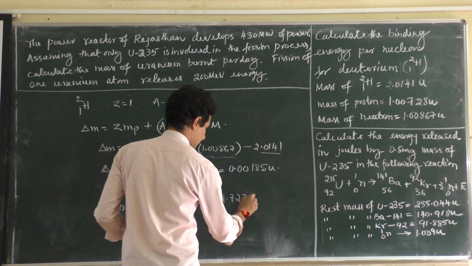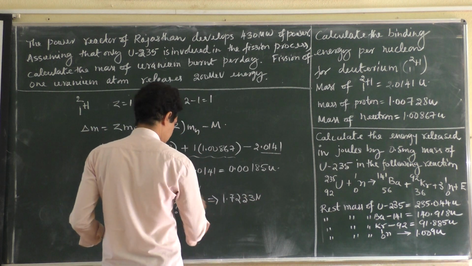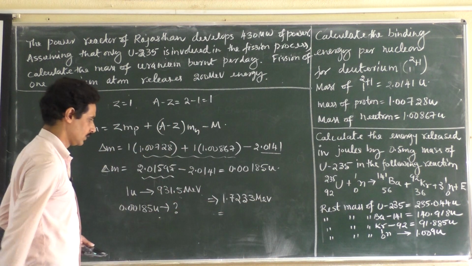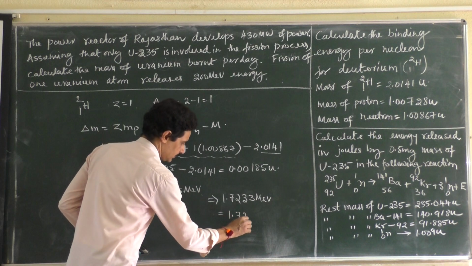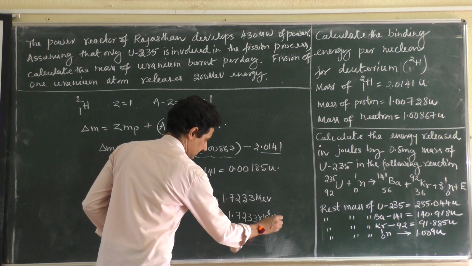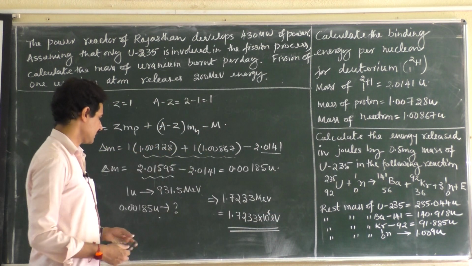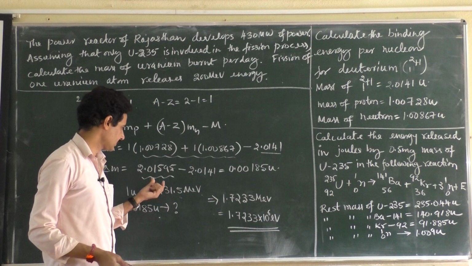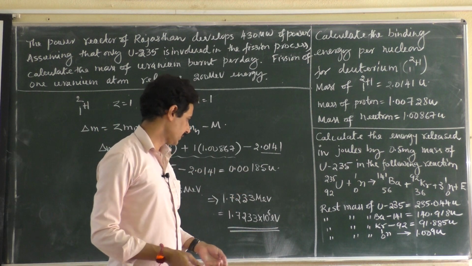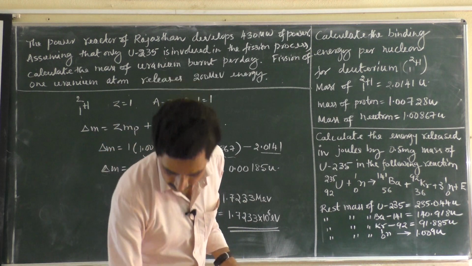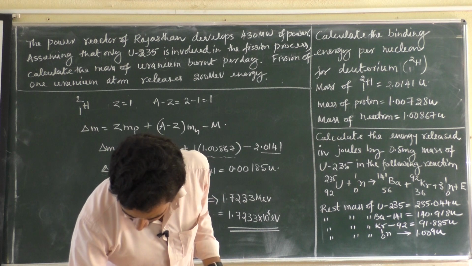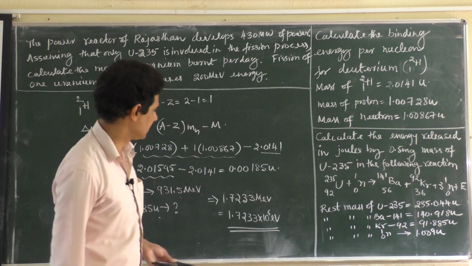3, I'll write, so many million electron volt, that means into 10 to the power 6 electron volt, because this itself is million electron volt. 1.7233 into 10 to the power 6 electron volt. So this is in electron volts. Don't put this mass in E is equal to mc square, because this mass is not in kg, it is in U, atomic mass unit. So that is the answer, 1.7233. Let me check the answer once whether it is correct or wrong, because I have the worked out. Yes, this is correct. Binding energy of deuterium.